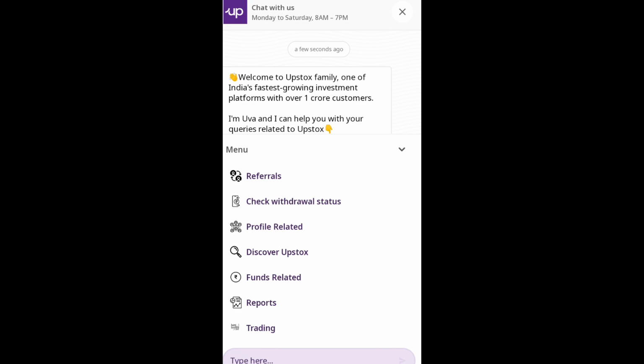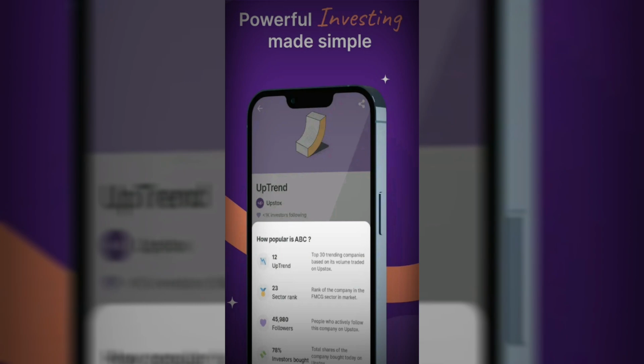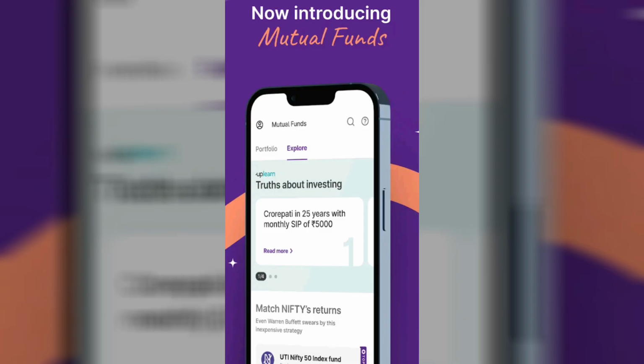So, how do you excel in online trading with Upstox? It all starts with knowledge. Educate yourself on the different aspects of the stock market. Understand how to read charts, analyze trends, and identify potential opportunities. Practice is also crucial. So, open a simulated trading account with Upstox and hone your trading skills without risking real